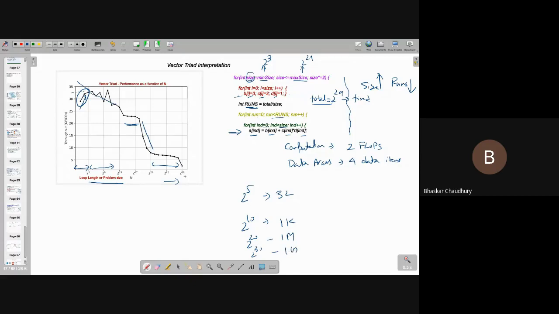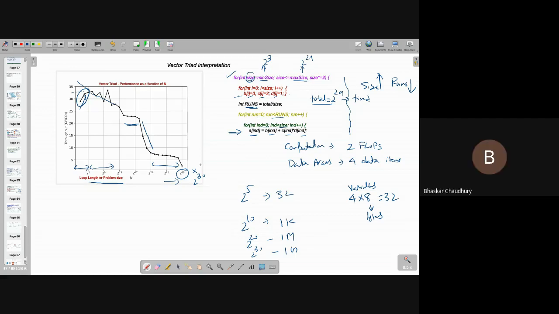So here you can see we are going almost to 1 gigabyte of data, because this is the outer loop, that is 2 to the power 29. And then if you have 4 variables, 4 into 8 bytes, that's 32. So 32 gigabytes you are using for this particular point. Sorry, it will be less than 32. That will be 16, because we are not going to 2 to the power 30. So if it is 2 to the power 13, this point, into 4 variables, each of 8 bytes. This part is clear to all of you?